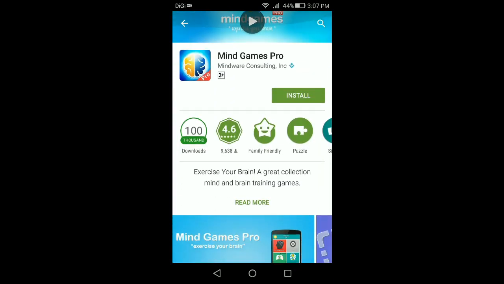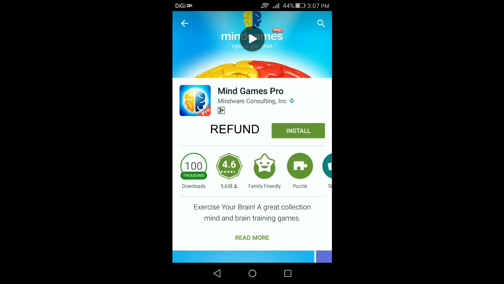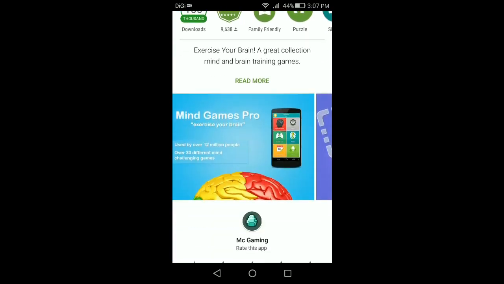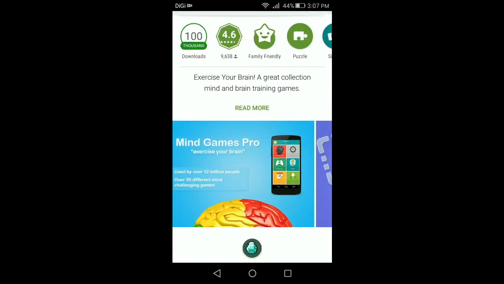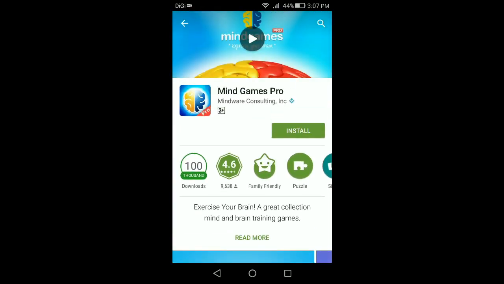Actually there will be no refund button right next to the install button on your phone. Actually you have to do it on your computer. I will be teaching you just a second.